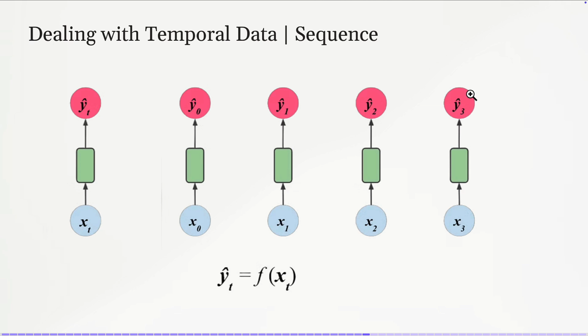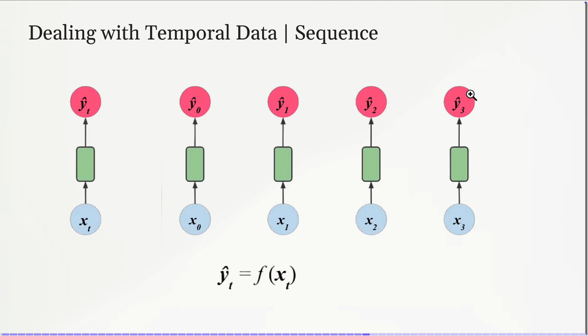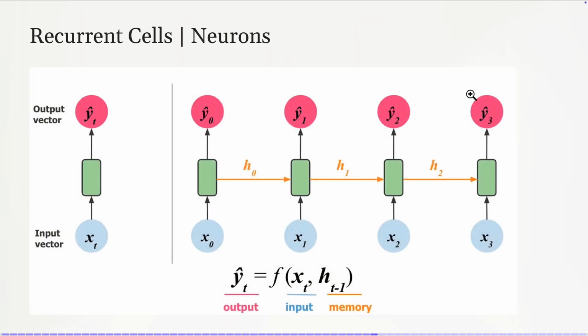So the idea of neural networks says: I will add an additional input from the previous output. So this is the first sentence. The word provides an output y0, and I will take a hidden state to be also an input with the next word. So this output will be dependent on this word plus the outcome of the previous one. This is a hidden state. What we call the hidden state comes as a result from the previous neural network.